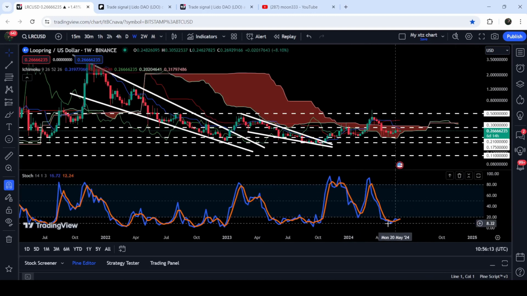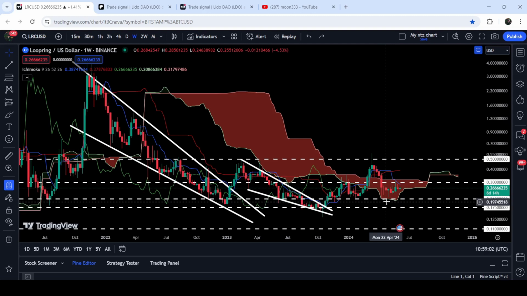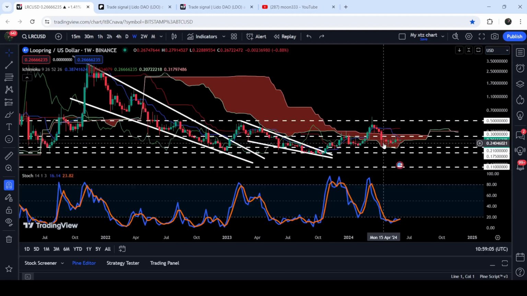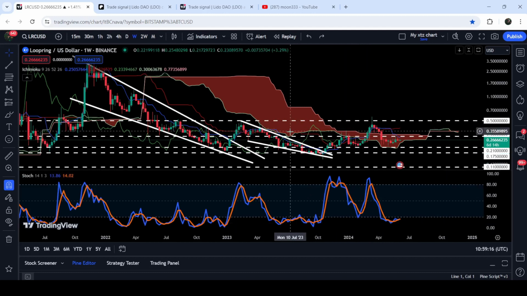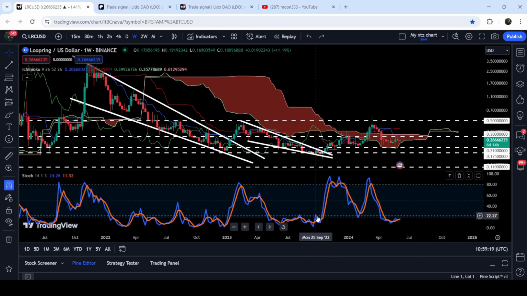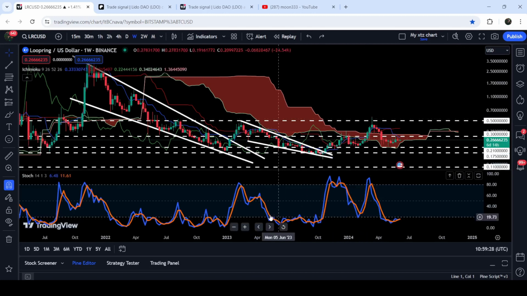At the same time, you can see that stochastic has again entered the oversold zone. Therefore, there can be once again a very high probability of a massive price correction like it happened here when the price line was testing this support of 21 cents. At the same time, it just touched the oversold zone. Then we had a very nice reversal previously when it was testing the support of the wedge here. And you can see that stochastic was moving in the oversold zone. Then we finally had a very, very massive breakout. In fact, before that, when stochastic was entering or moving inside this oversold zone,